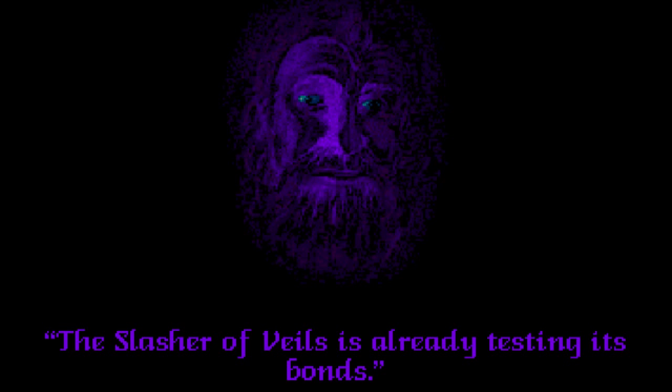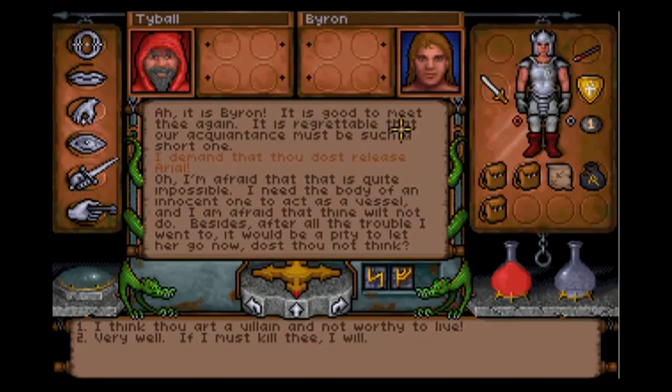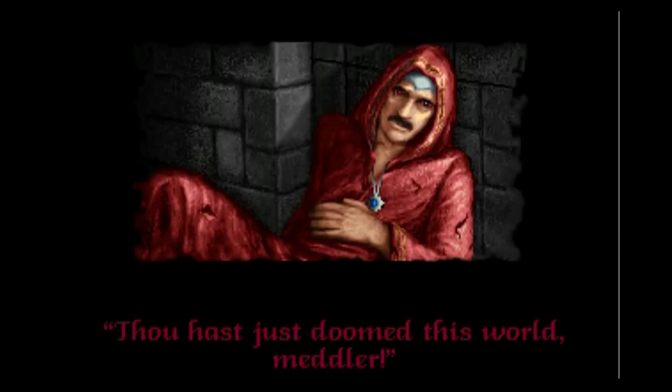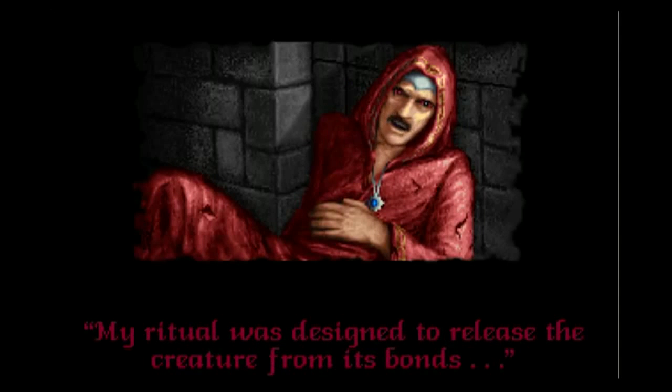I think what happens is the Slasher of Veils corrupts Tibble and causes him to murder Garamon because he's a demon. He then starts looking for a way to free the Slasher by sacrificing a virgin because Garamon in your dream warns you that he's about to unleash a great evil on the world. But when you kill Tibble, he says he was just trying to bind the demon into the body of the girl to save Britannia, which I don't...